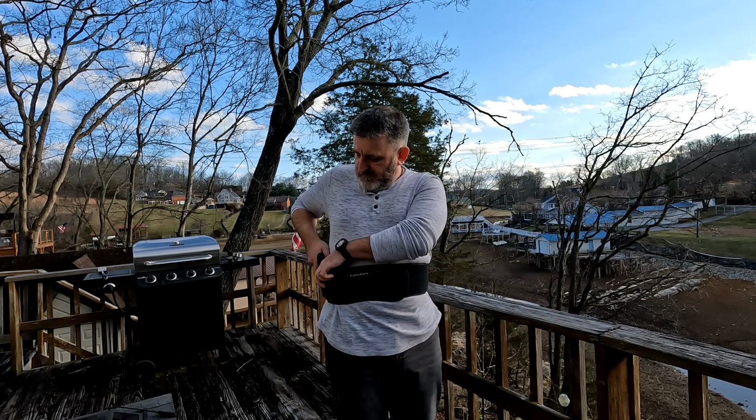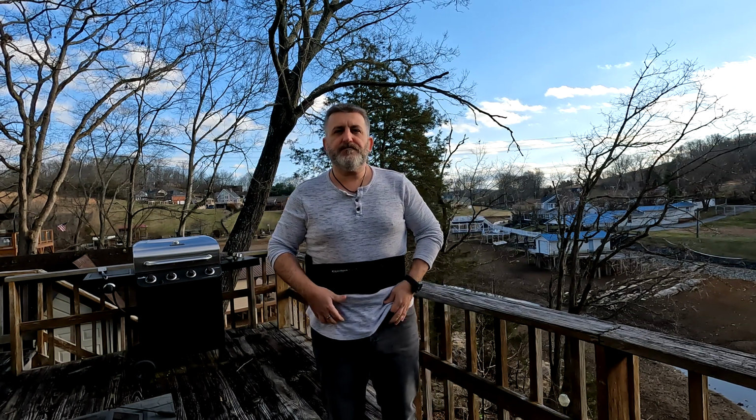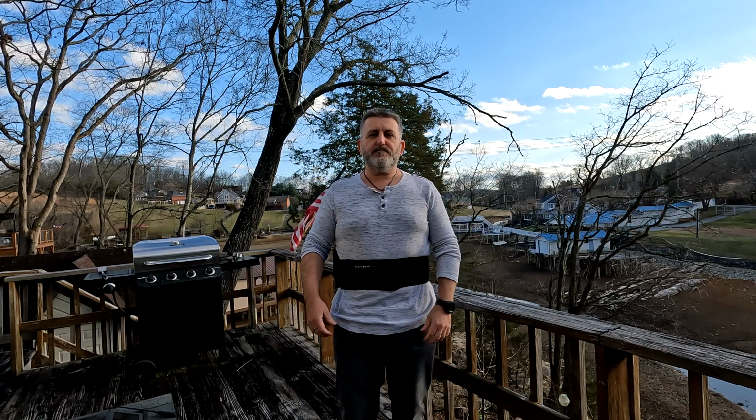So to draw, when it's on your side, you just lift up your shirt, unsnap the strap really quick, and you can just draw. It's very easy. It's like one finger to unsnap it. So drawing using this method is probably super fast. I think probably as fast as the inside the waistband method. There's also a pocket for the magazine. There's a pocket for one magazine, and so it's the simplest and probably easiest way to carry, because